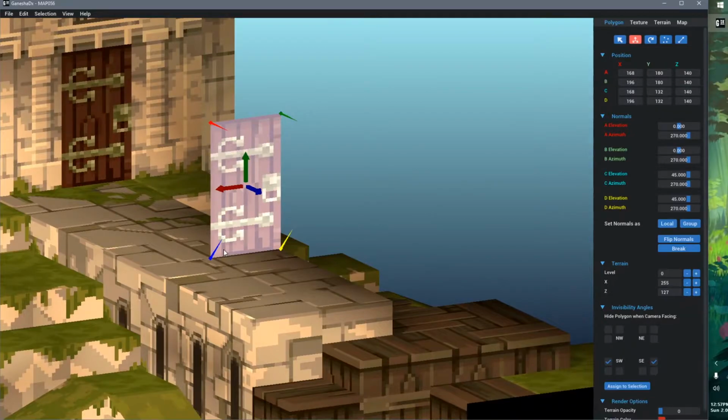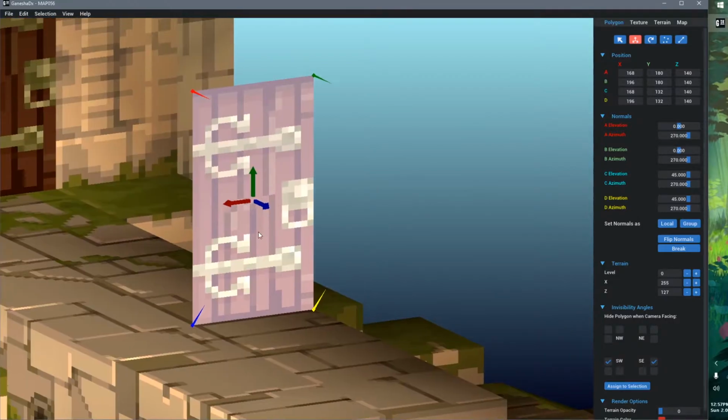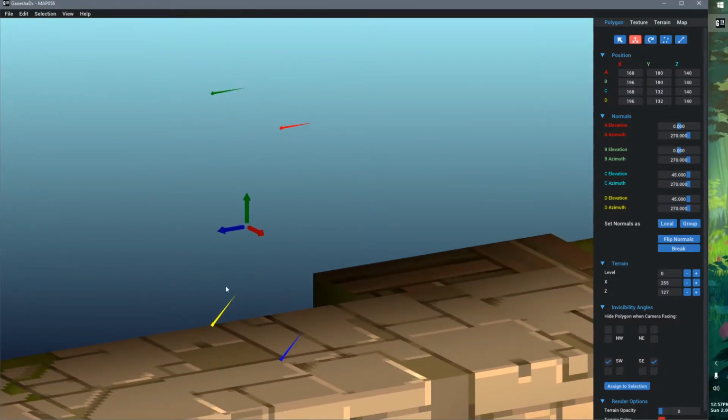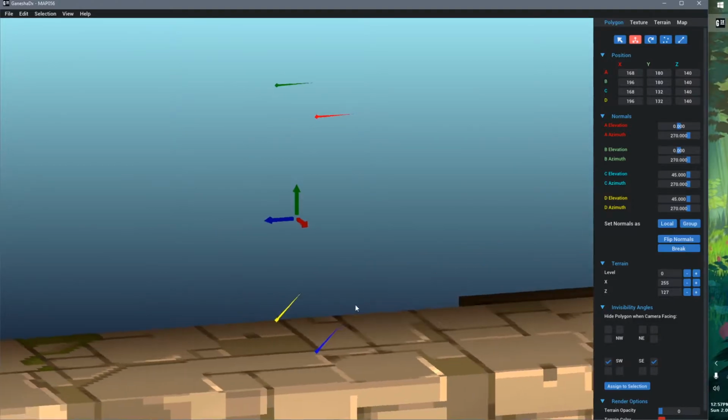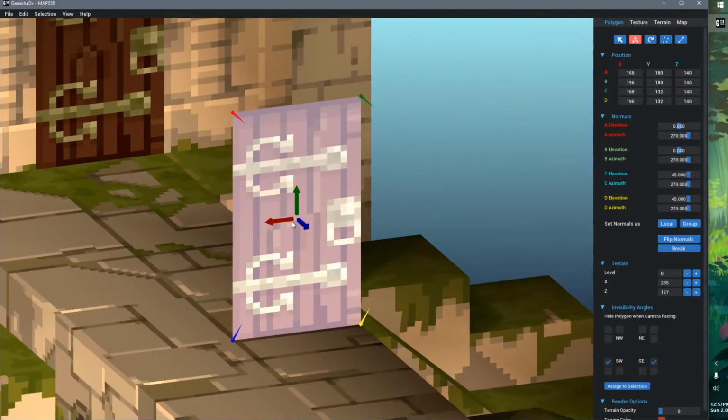And this is true not only in Final Fantasy Tactics, but most game engines. Polygons only have one face. There are some games where polygons are back-sided too, but it's not very common. And the direction of that face is defined by the order of your vertices in a clockwise pattern. If your vertices go red, green, yellow, blue in a clockwise pattern, this is the direction that your polygon will